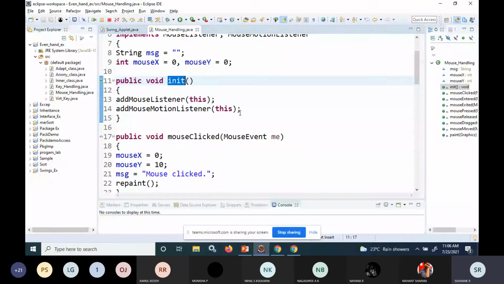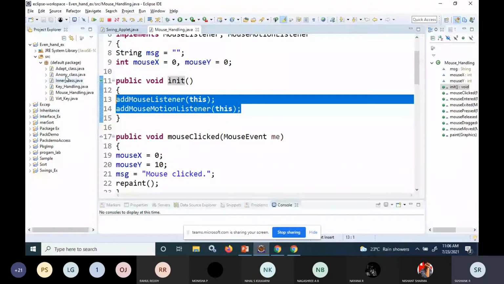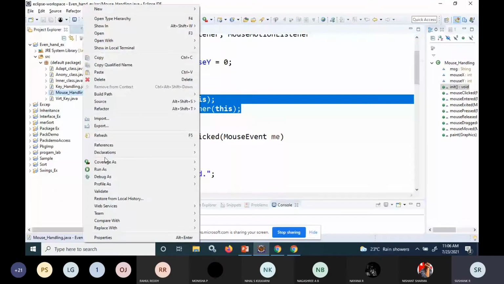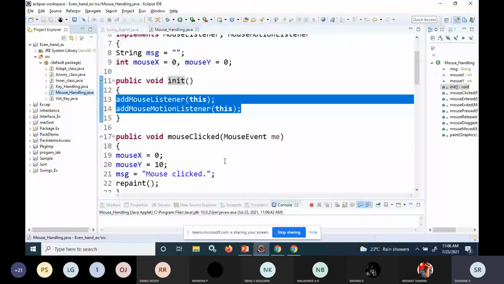So I'll just run this program, mouse handling. When I run this program, you can observe. Shall I enlarge this?